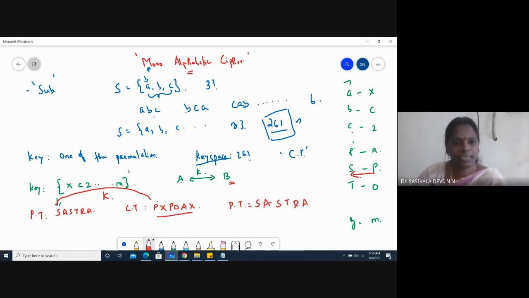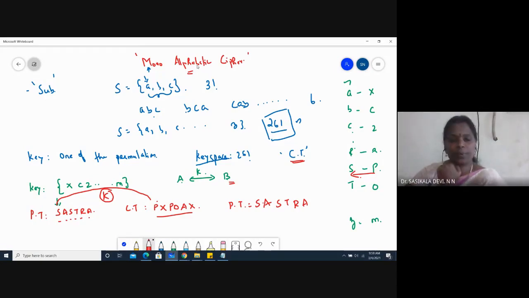So here the key is a single permutation out of 26 factorial permutations. This is a type of monoalphabetic cipher, a very simple cipher. It's a block cipher. It works on a block of character data. In this case, a brute force attack is not possible, but the next subsequent attack is the frequency analysis attack. Subsequently, we are going to discuss the next cipher, which is an improvement of the monoalphabetic cipher,